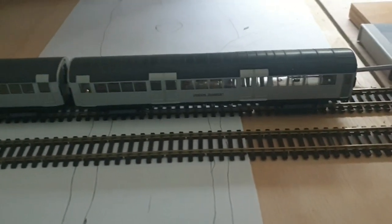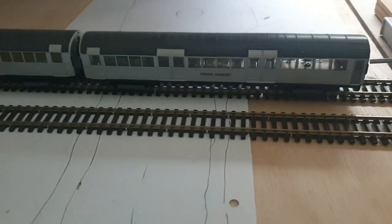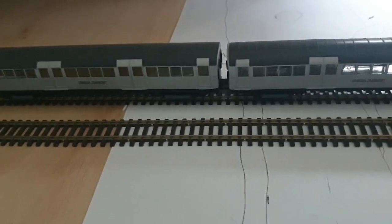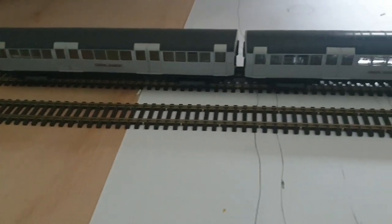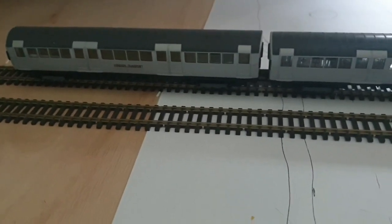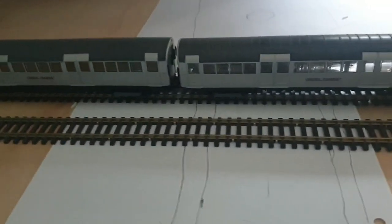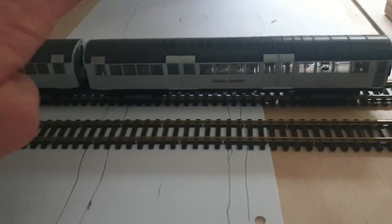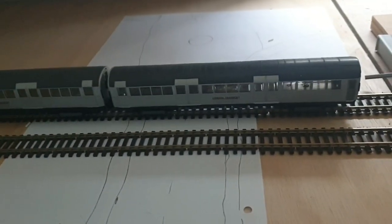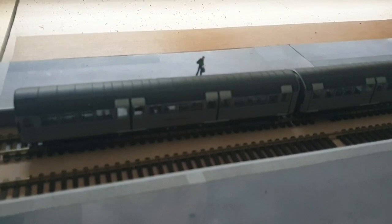And if you've ever watched any of my earlier ones, there's one called Static to Motorised. This is where I've taken the London Transport static models, which I'd bought last year on eBay. I think I got 4 carriages for 70 quid, which I thought was a pretty good bargain, as they're going for silly money at the moment. And I've converted these over using the Bachmann spares, so basically the chassis, the bogies, the motor, the internal lights, everything you can buy on the Bachmann website, and you just convert over the carriage shell. So I've effectively got 3 little trains of 2 that I can run,